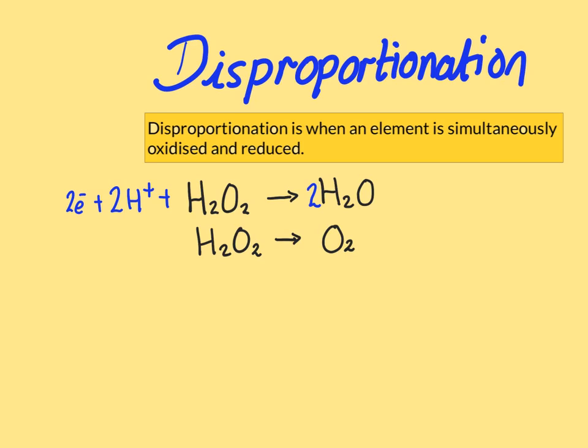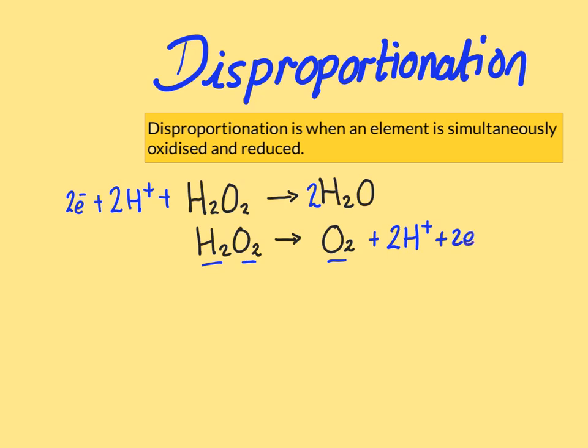Let's now have a look at the scenario where hydrogen peroxide breaks down to form oxygen. So on this side we've got 2 oxygens, and on this side we've got 2 oxygens, but now we have an excess of hydrogen on this side, and therefore we need to turn those into H+ ions. To balance out this equation, there's an excess of hydrogen ions now on the right hand side, so we need